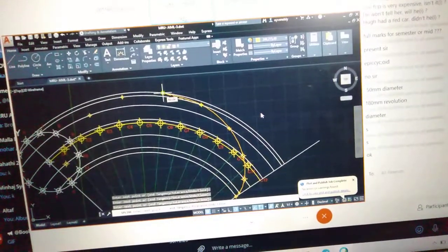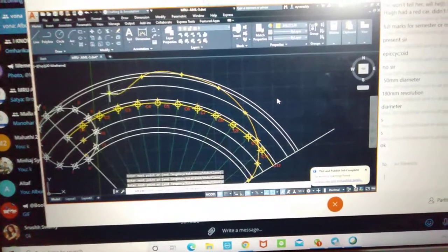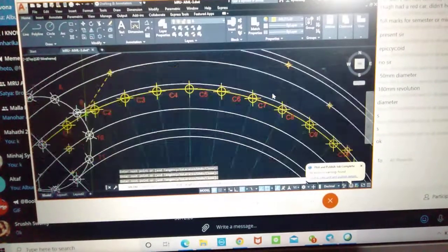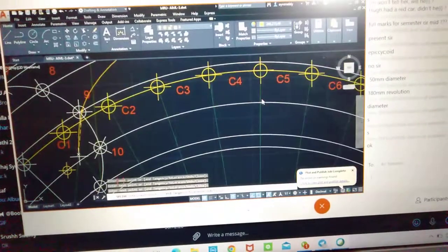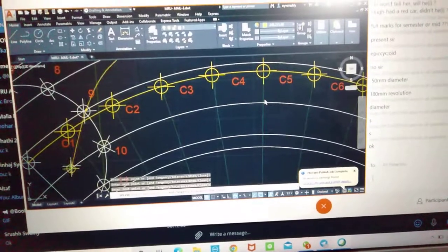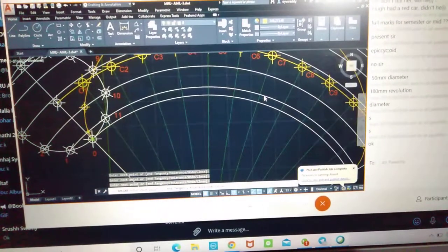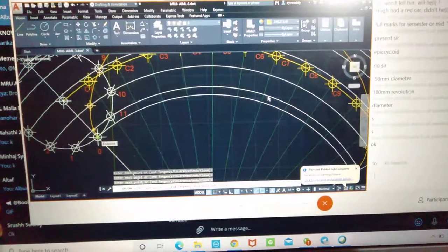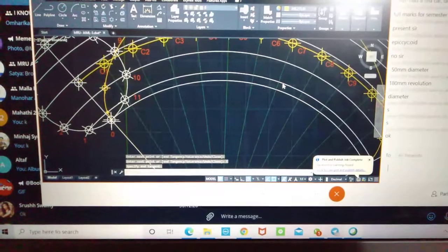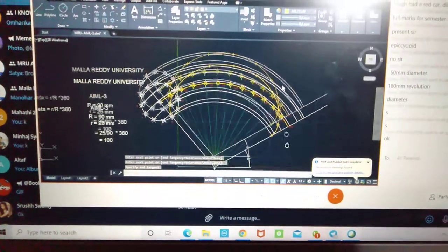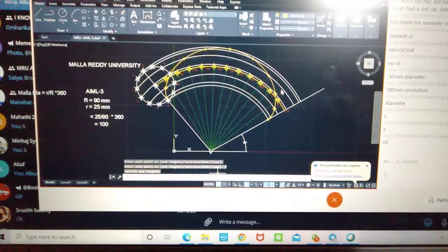Please don't mirror it. Once all points are covered, click on end tangency, and then click once. Now see here, and then trim this one. It does not require the enter.